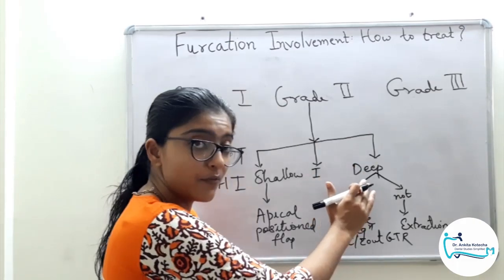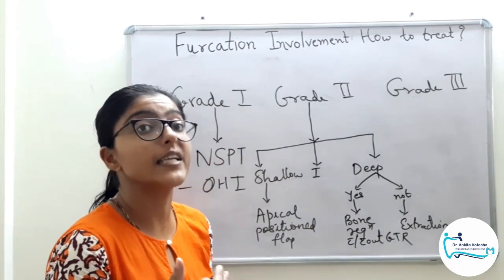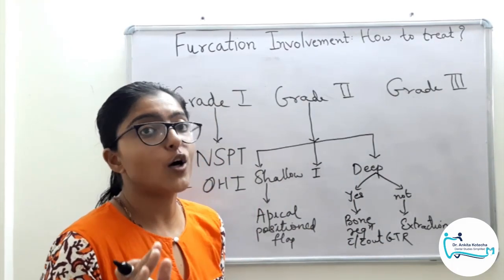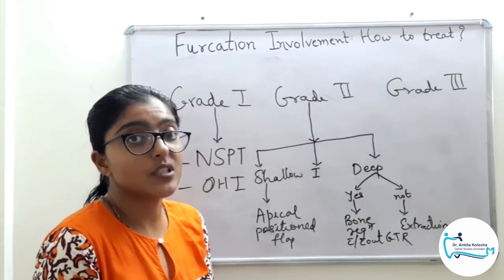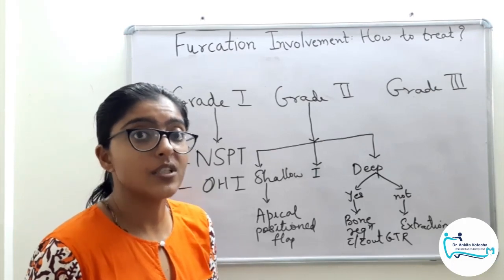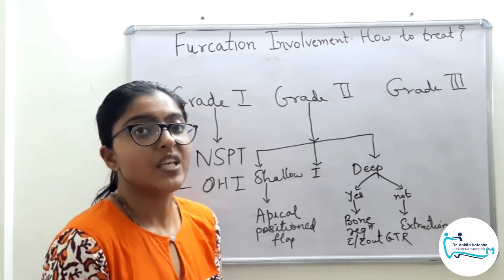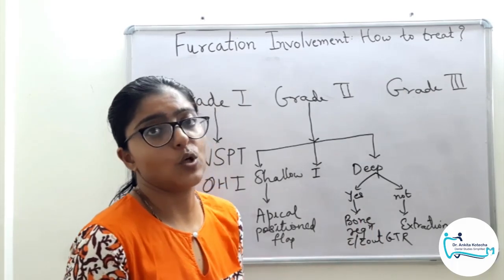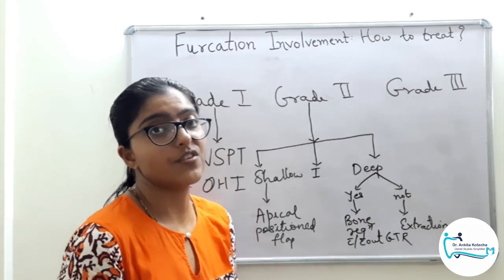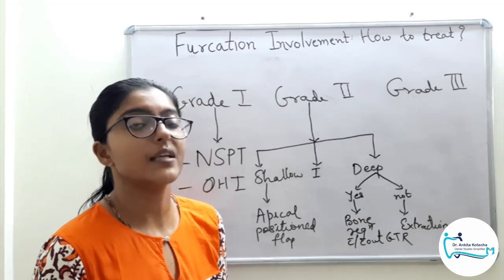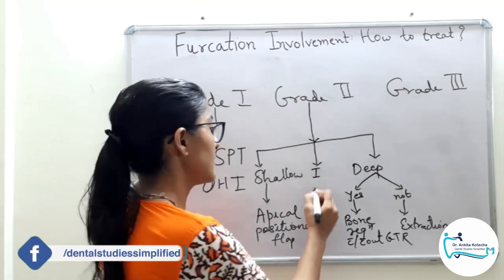But if it is a deep defect, consider whether the tooth in question, that is the tooth with furcation involvement and a deep depth of the defect, is of strategic value or not. Whether retention of such tooth will add to the quality of the life of the patient, will enhance the dentition or the activity of the dentition. If no, then consider extraction of such tooth. But yes, if it is strategic, then consider bone regenerative procedure with or without a membrane, that is guided tissue regeneration.